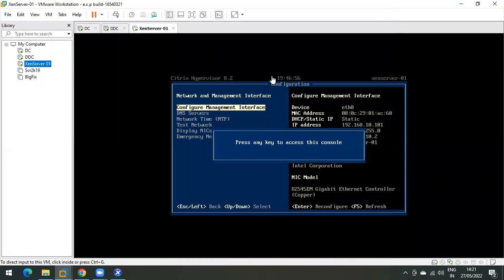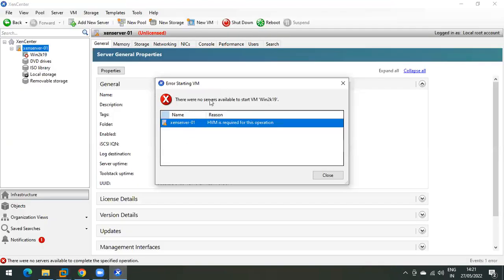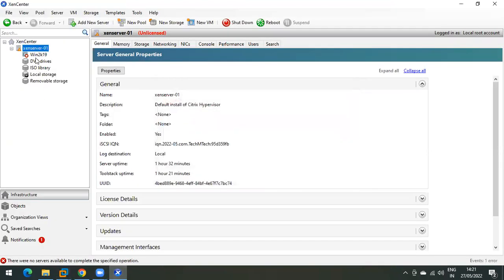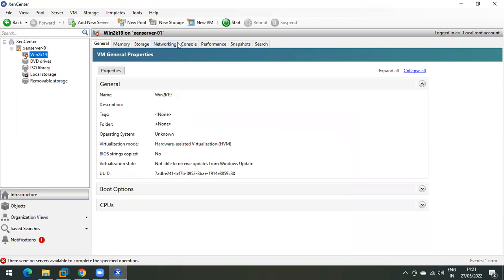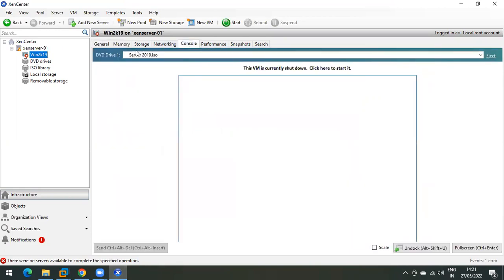Anyway, let me explain what we are actually doing. That error I will sort out, no issue. After this, if I click on console on this machine,